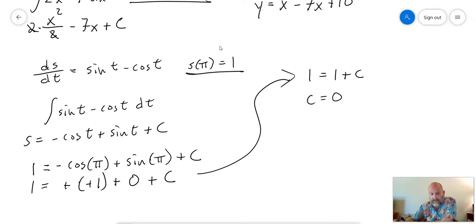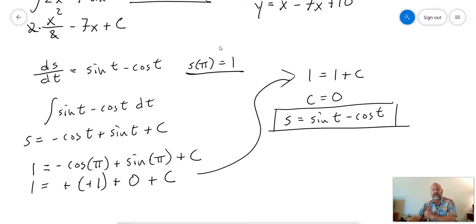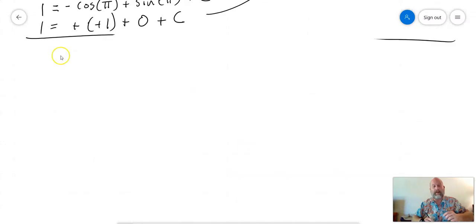So quite often the constant that you're looking for is a 0, which means that my function s is now equal to, well, I can reorder it so it looks a little nicer. Sine t minus cosine t, and it's plus 0, but I don't need to write that. And so this ends up being the solution to that particular equation. Okay, so we've seen that now, right? So what I want to do now is, okay, so